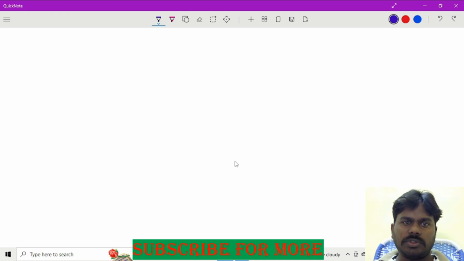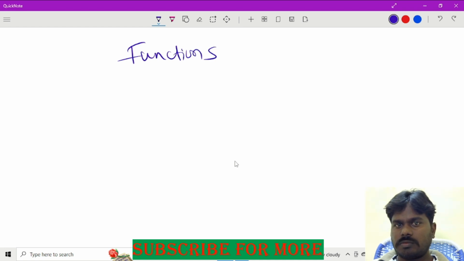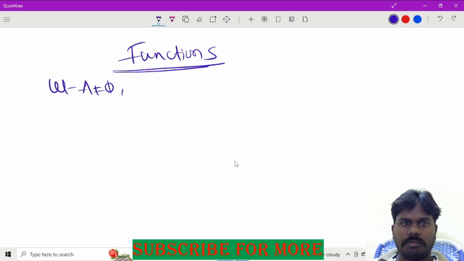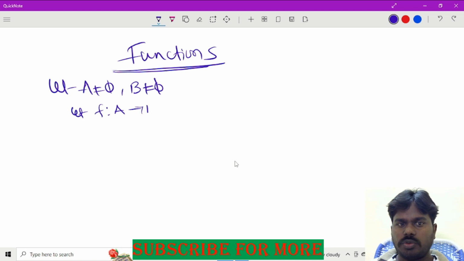Now let us discuss functions. Okay, so to define a function, we need two non-empty sets. So let us consider A to be a non-empty set and B another non-empty set. A function is a relation from one set to another set. That is, let f from A to B be a relation